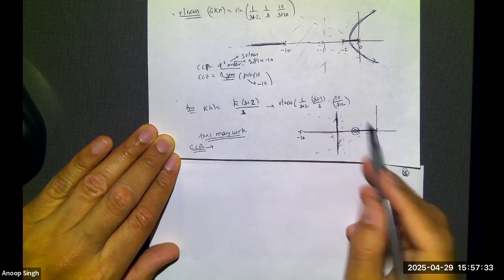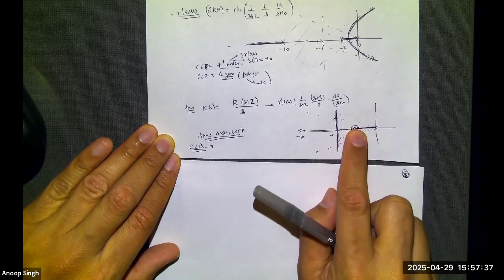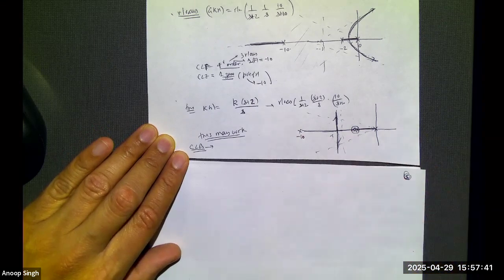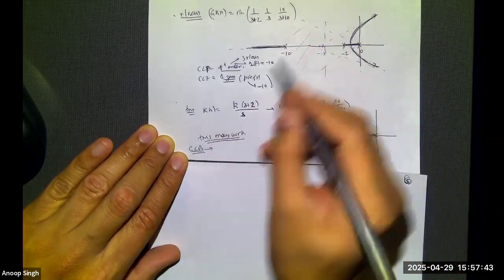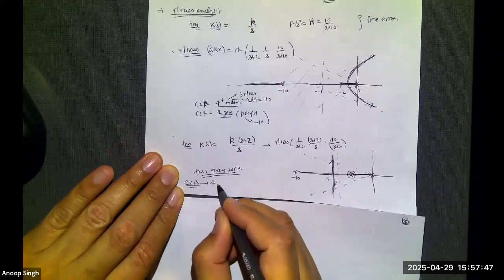So I have three closed loop poles coming from this system. Yes, the third is going to get cancelled off, but I have three closed loop poles plus one coming from the pre-filter. My pre-filter still remains what I had before. So I have four closed loop poles,